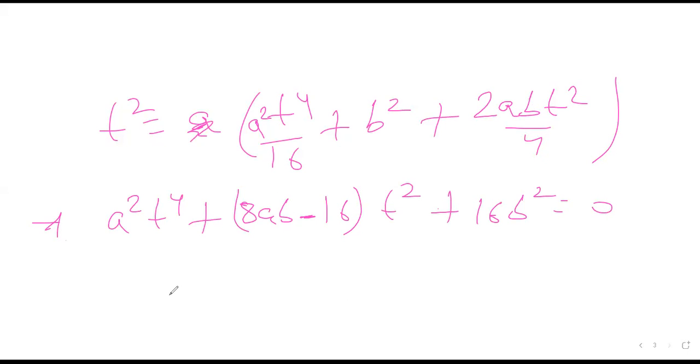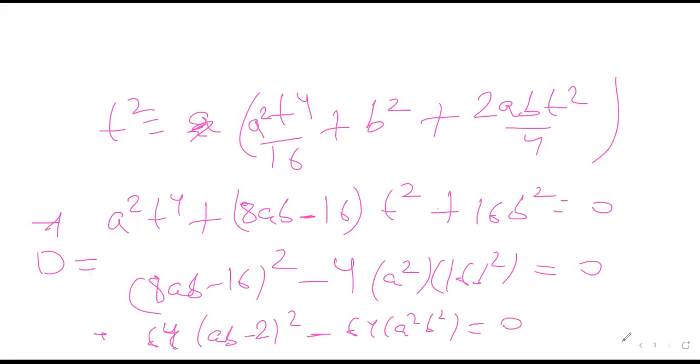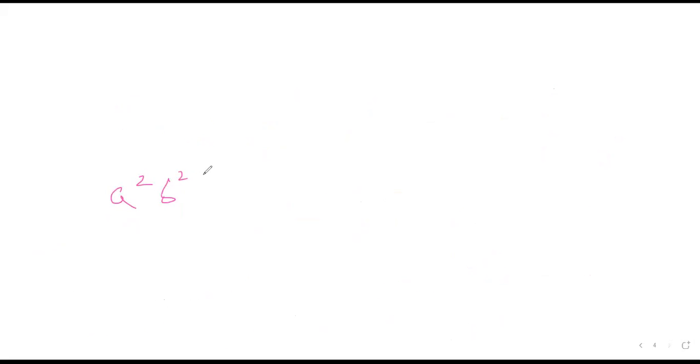What will be its discriminant? It will be (8ab minus 16 to the power 4) whole square minus 4a square 16b square equals 0. This is the discriminant D, right? I can take 8 from 64, 64 square b square equals 0. So a square b square